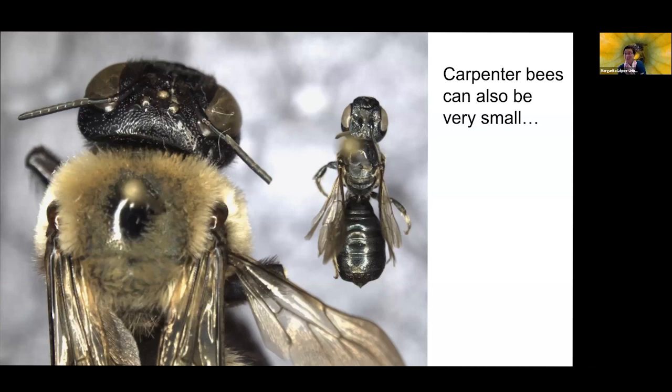But even though that's the most common species, there is great diversity of carpenter bees. There are hundreds of species worldwide. In North America, we have both large carpenter bees, like the one we are seeing here to the left, and small carpenter bees, which is what you are looking at to the right of this slide. Both of these bees are carpenter bees. They are phylogenetically related, sharing a common ancestor not that long ago, and they share a lot of the same traits from a biological perspective.